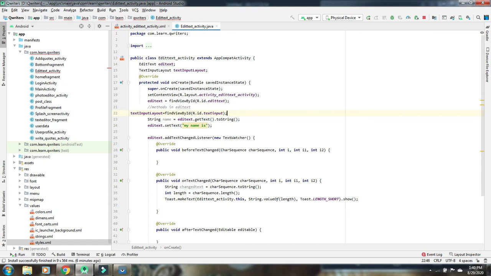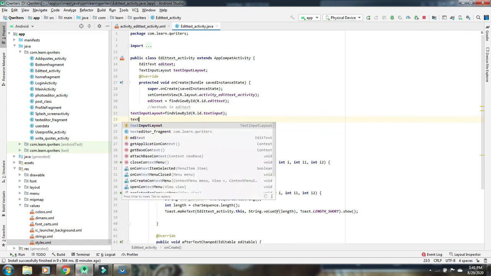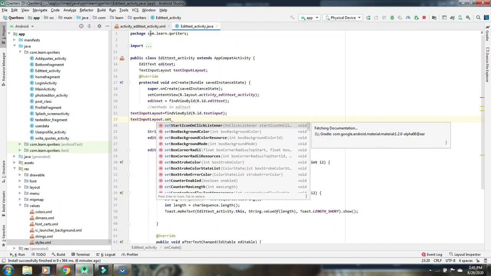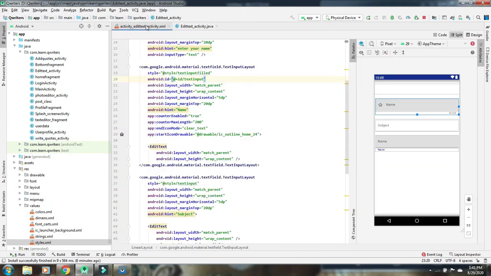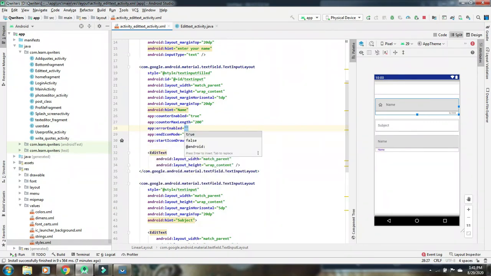So what can we do with this layout is, we can set the error. Most of the apps you have seen, textInputLayout dot setError. Before that we have to enable error in the XML. Here you just type errorEnabled, this option, and set it to true.